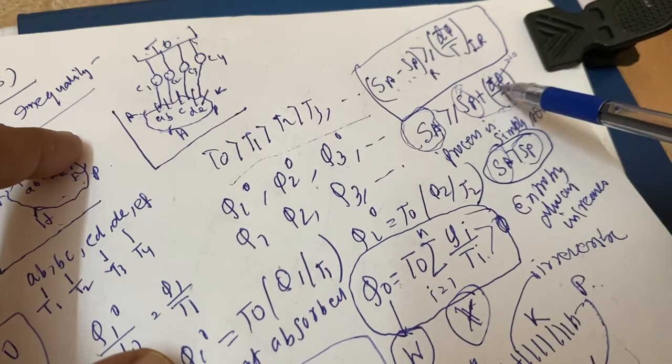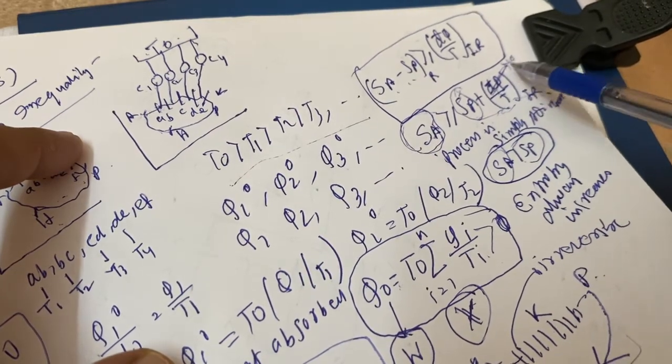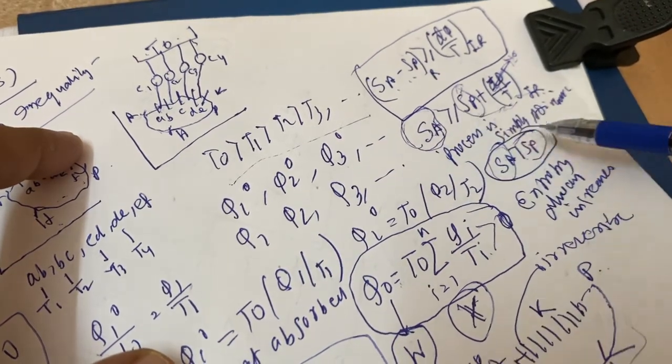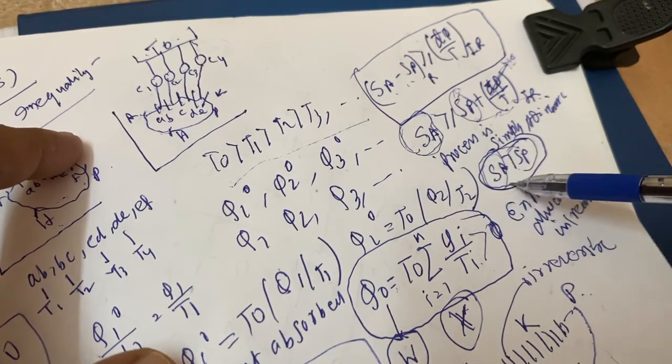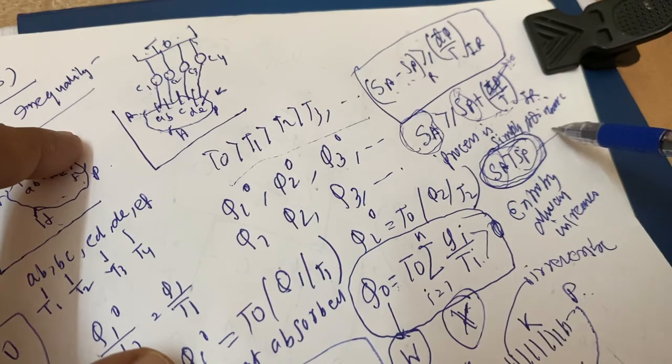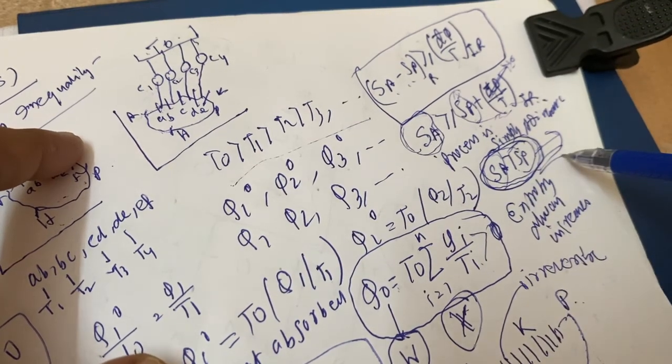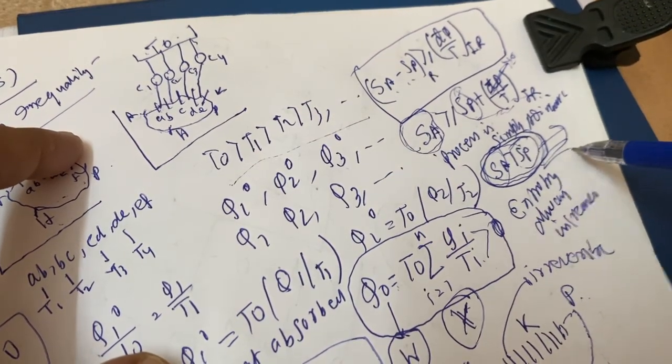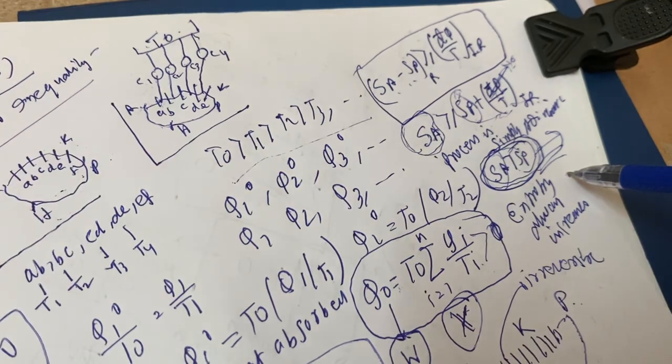If we consider an adiabatic process, this term vanishes, so SA is greater than SP. So the entropy of the final state is always greater than the initial state during an irreversible process. This is called the increase of entropy. This is the law of